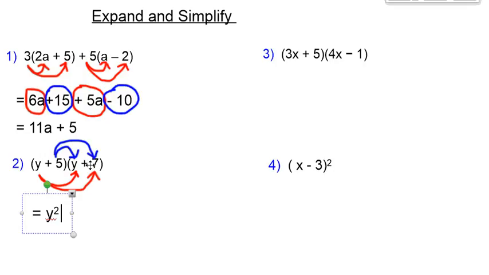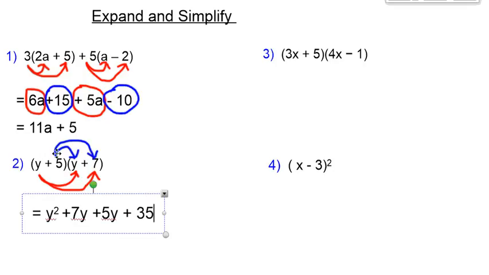Because the sign to the left of it is plus, it's going to be plus 7y. Now we do the top arrows, the blue arrows. 5 times y, don't forget the sign, it's plus 5y. And then the last one, 5 times 7 is 35. Don't forget you are multiplying, okay? And the sign to the left of it is plus, so plus